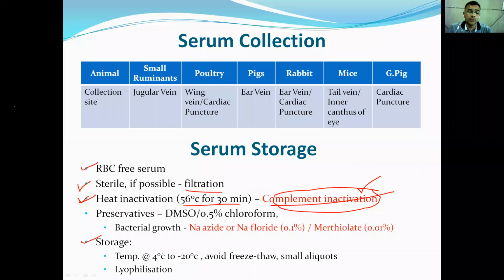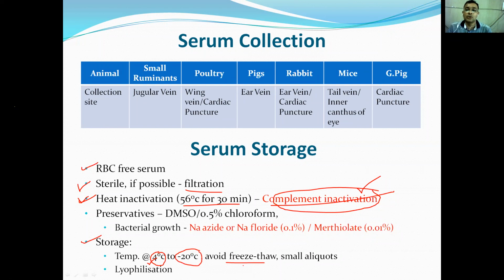Generally, if you want to store the serum for a few weeks, 1 or 2 weeks, then 4 degrees is ideal. But when your target, your hyperimmune serum, is precious, then it is advisable to store at -20 or -70 degrees centigrade so that it can be stored for a longer duration. The only thing you have to keep in mind is that when you are storing serum at lower temperature, it must not go through repeated freeze-thaw, because every freeze-thaw will reduce the amount of antibody and that will reduce the efficacy of your serum.